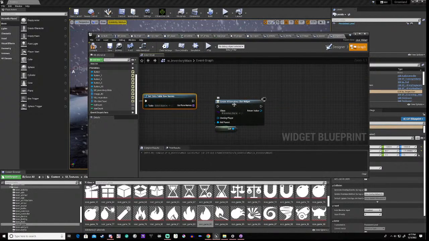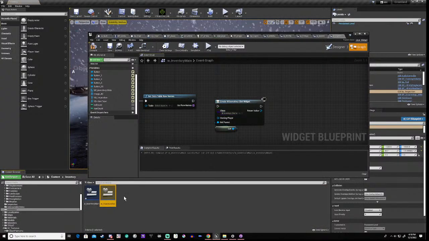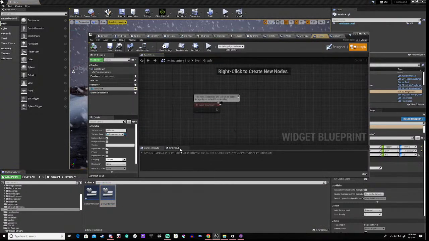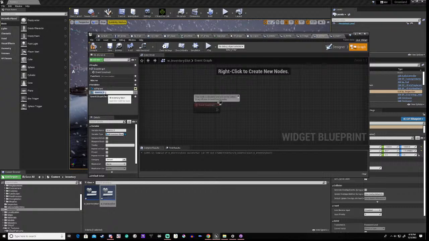Now we've got this inventory slot and this ref parent. Yeah, we might need it, but we're going to go to the inventory slot anyway. And what we're going to do is add another variable, and it's going to be called struct item,